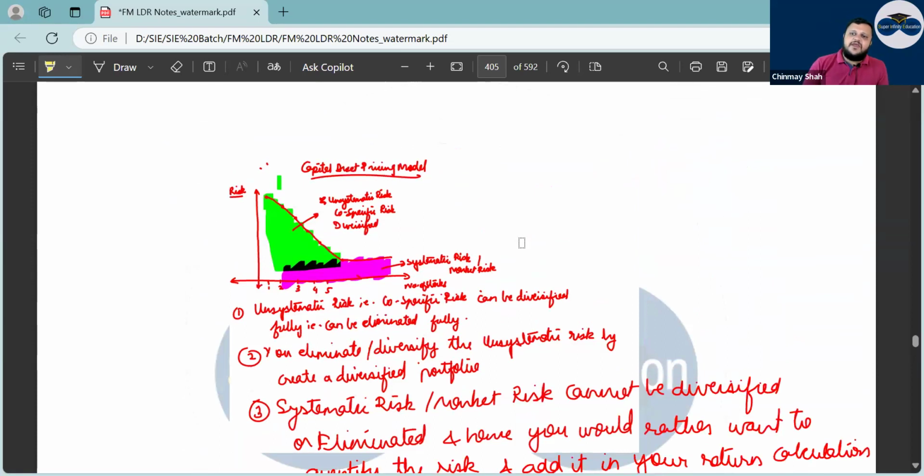Then we go into what? CAPM, Capital Asset Pricing Model. First, we'll go through the theory of CAPM. What is the theory of CAPM? Sir, I have one stock of one industry, right? I have a lot of risk, very high risk. Here you are at the high risk point, right? If I go on buying stocks of different industries and different portfolios, slowly my risk will reduce, but my risk cannot be completely eliminated, correct?